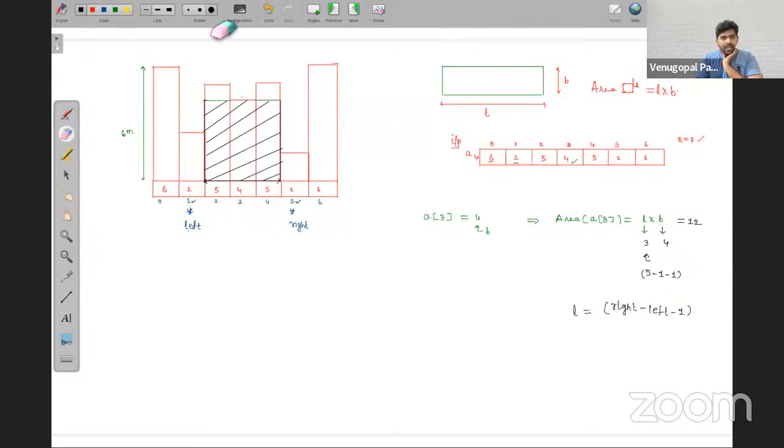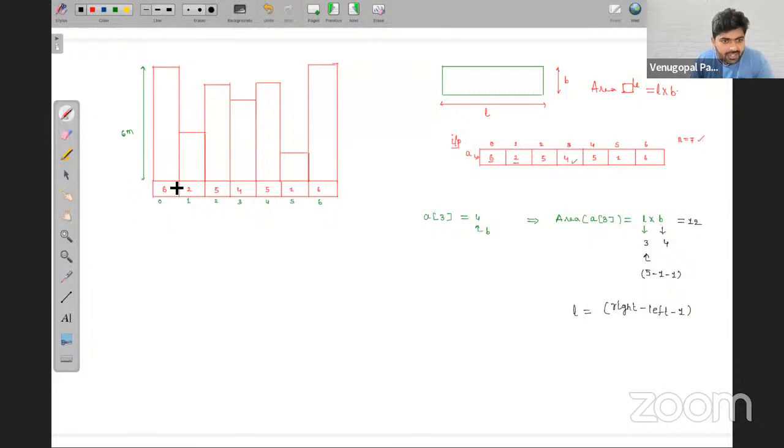Okay, I'll take one more example, maybe. What example will we take? See, this is 0. Here, one edge case you need to remember, friends. 0 to its left, it is minus 1. And 6 after that, it is 7, and the number of elements is nothing but 7. Okay. So let's take array of 5.